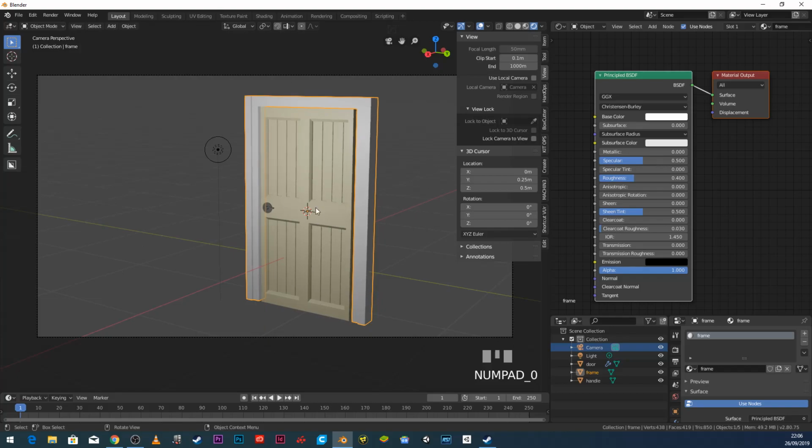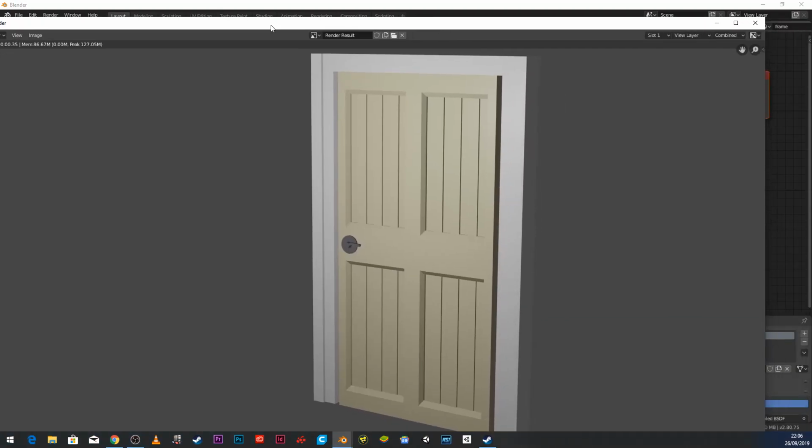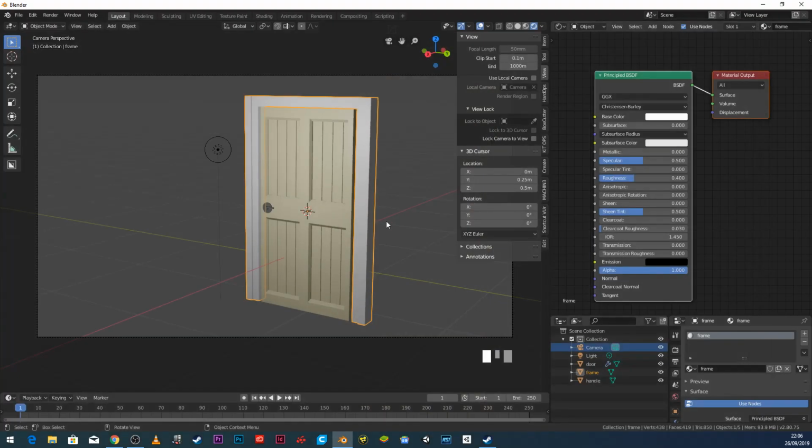So if I want to save this as a picture, I can now go render image, and this is what we have made. Now it's not very beautiful. It doesn't have a wooden texture. It doesn't look like it's painted. It doesn't have a lot of detail, but the purpose of doing this exercise is just to play with some